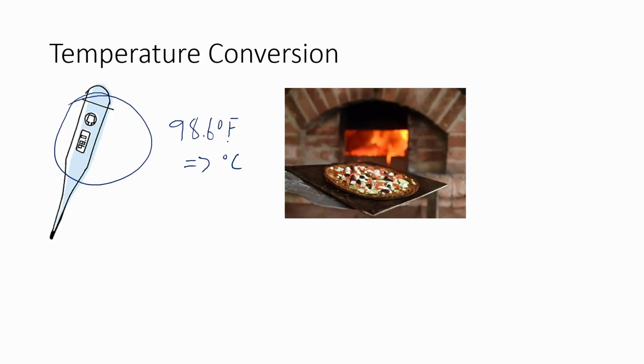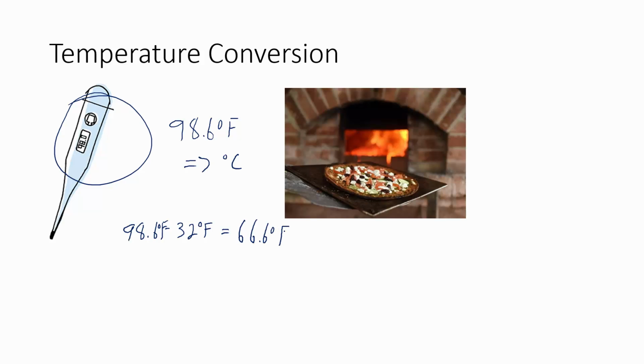Now, we're in Fahrenheit already, so that 32 degrees Fahrenheit that we have to shift by has to happen now, before we turn it into Celsius. So 98.6, subtract off 32 degrees Fahrenheit right away, and we get 98.6 minus 32,